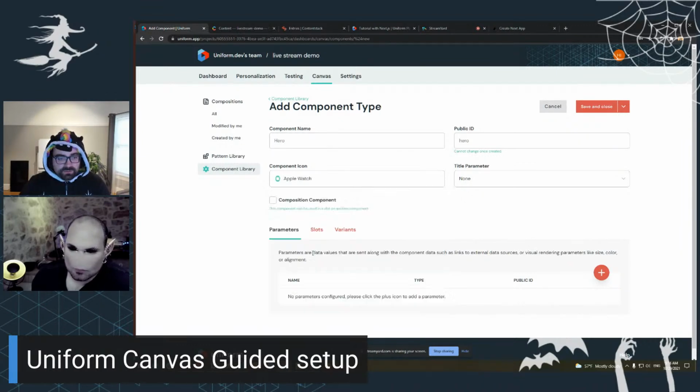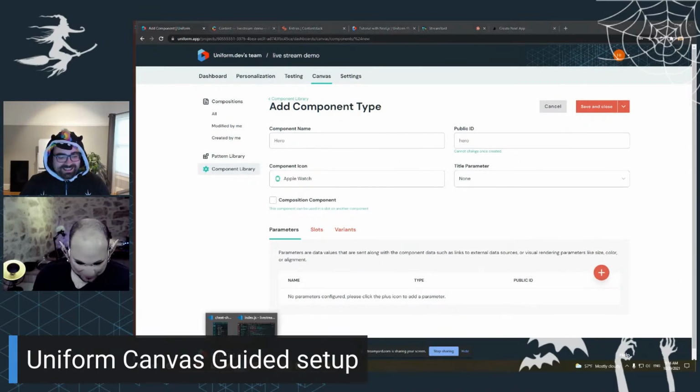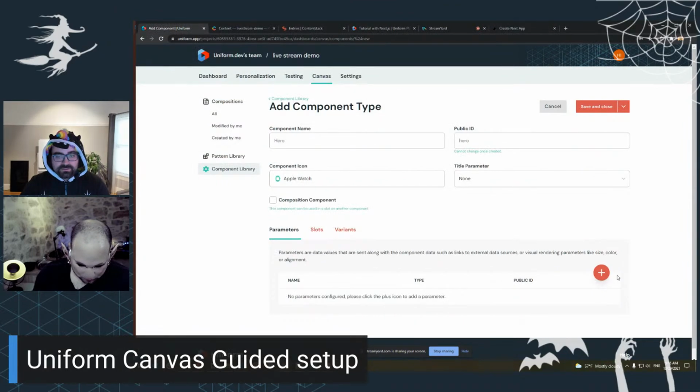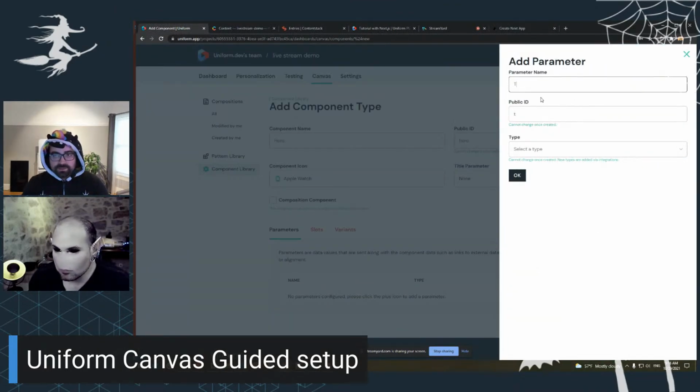So we're gonna pick a cool icon of Apple Watch, because why not, for hero. Okay, sure. And hero is, what is hero rendering? Hero is rendering some title and some text. So that's what we're actually gonna start with